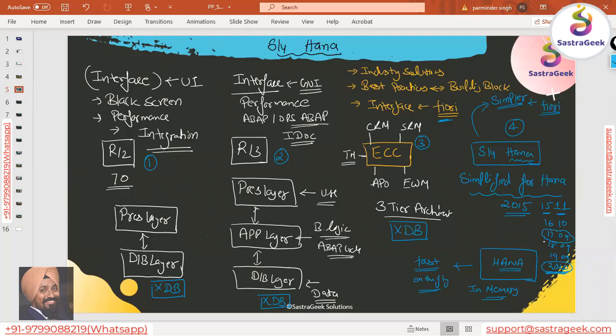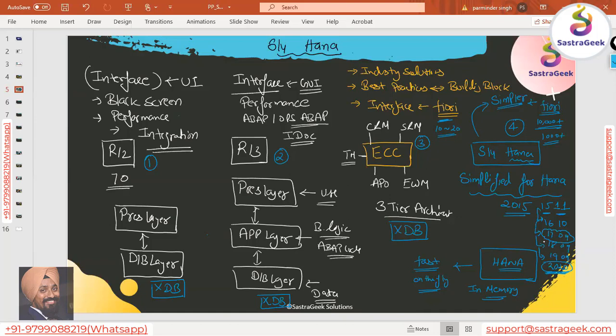Here, if you see the out-of-the-box Fiori applications, in ECC it would be 10 to 20 applications which you can use in Fiori out of the box. Apart from that, if you want to use any application, you need to develop your own. SAP started developing a lot of Fiori applications, and they have increased the number as they move from one version to another. Now we have in total 10,000 plus Fiori applications delivered with S4 HANA out of the box, and 1,000 plus simplified applications for S4 HANA.